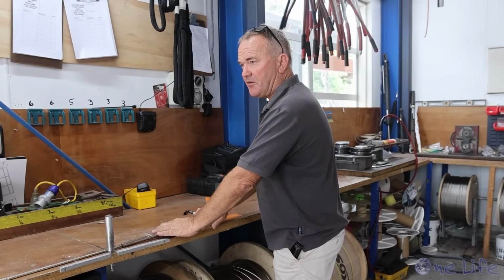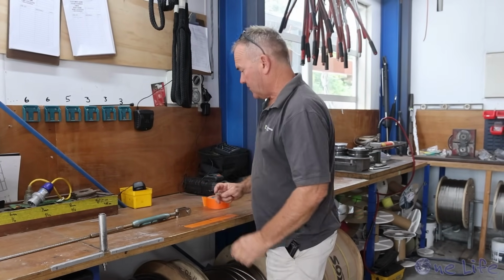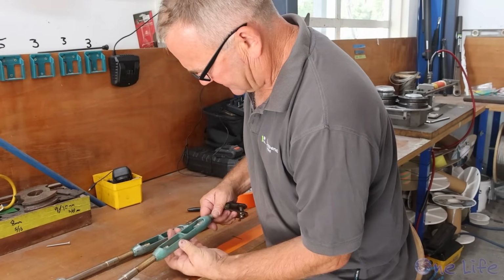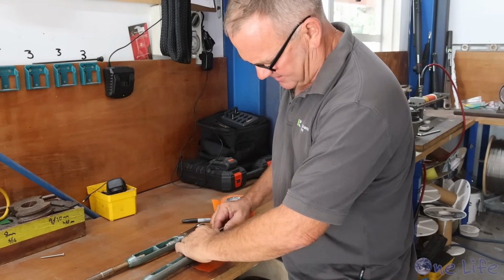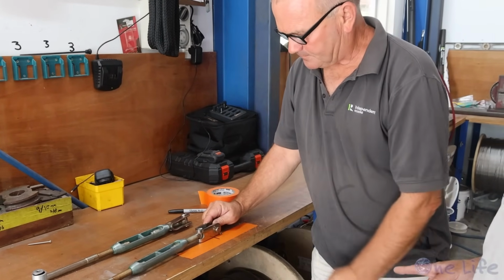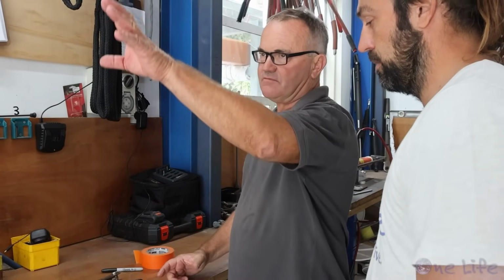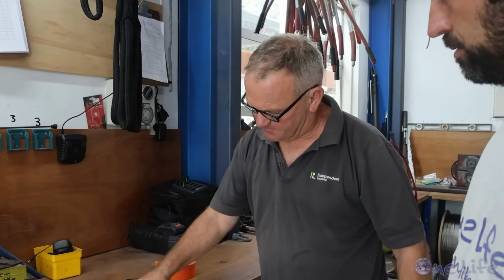As they were set up on the boat. So we kept the other one as well, Gary. We'll chuck that up. So I'd say it's like that. So that's your difference there. So you're measuring pin to pin. Pin to pin, bearing surface to bearing surface. But in this case, it's bearing surface to...